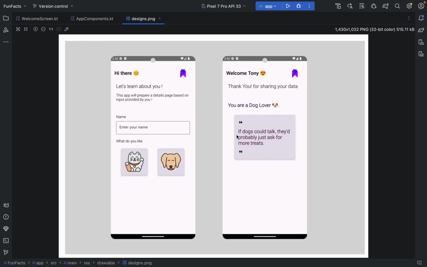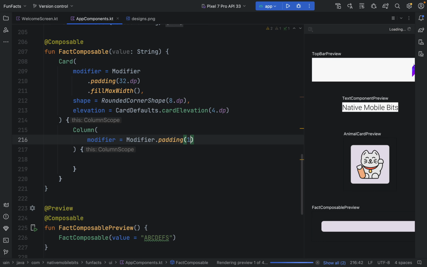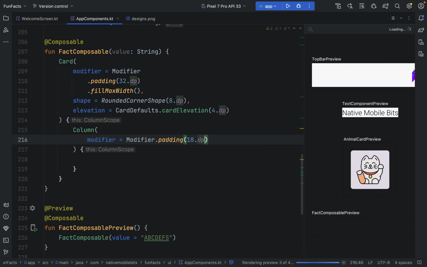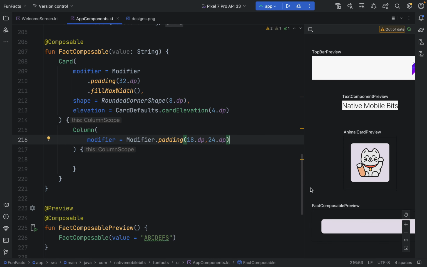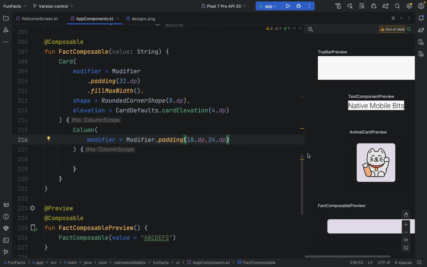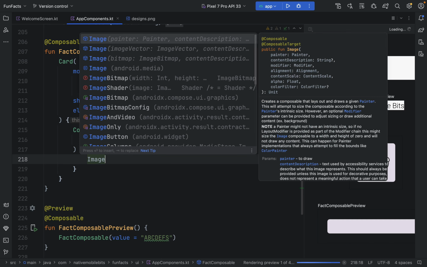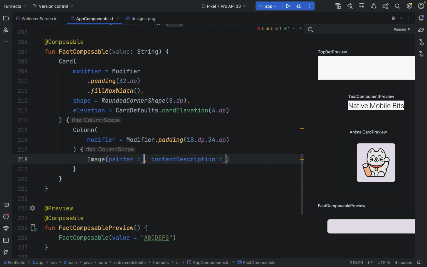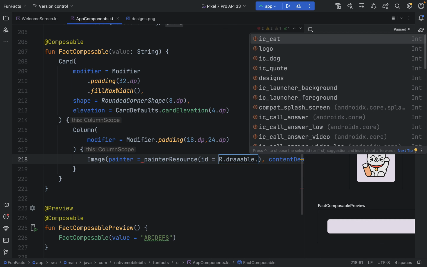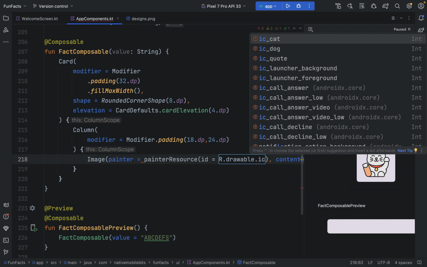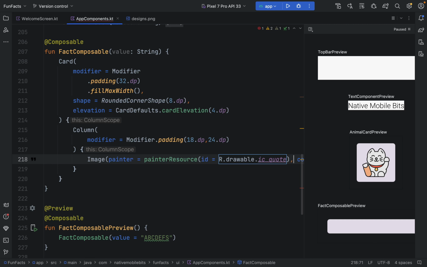And one thing to note here is this left and right padding is a little bit less, top and bottom is more. So we can use 18 dp for start and end, and 24 dp for top and bottom. Okay, so our composable is updating. Inside this we can use one image, and we can just say painter resource, R.drawable, we can use that quotation image, we can just name it,